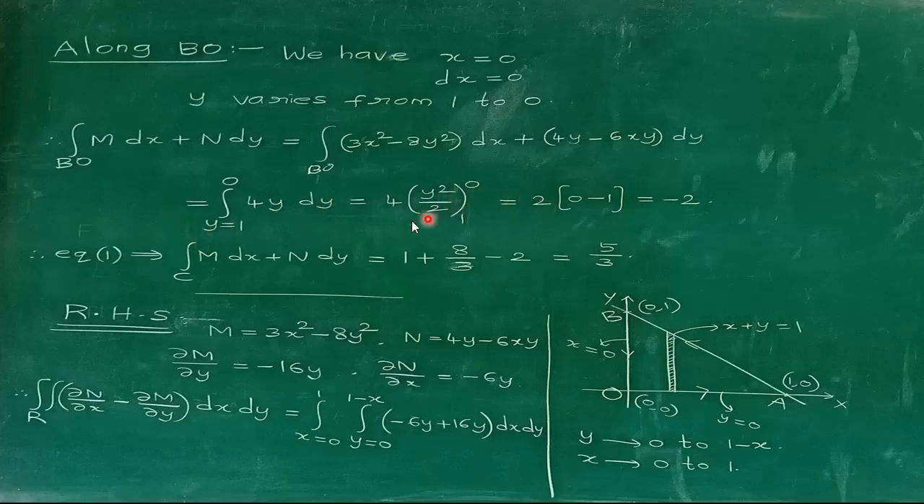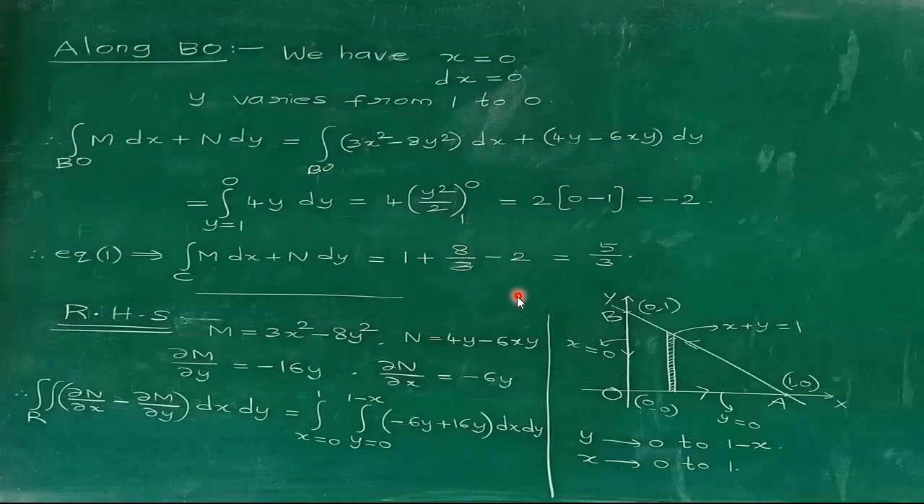Now 2 ones are 2, 2 twos are 4, right? Substitute the upper limit, we get 0, minus the lower limit, we get 1. So if you multiply, we get minus 2. Now substitute all these line integral values in equation number 1. So we get integral C of M dx plus N dy is equal to, along OA the line integral value is 1, plus along AB the line integral value is 8 by 3, plus